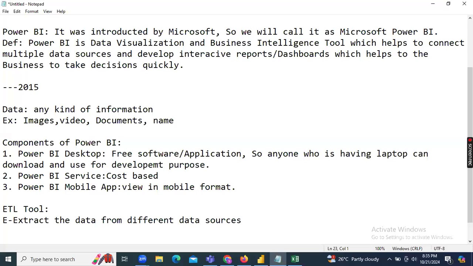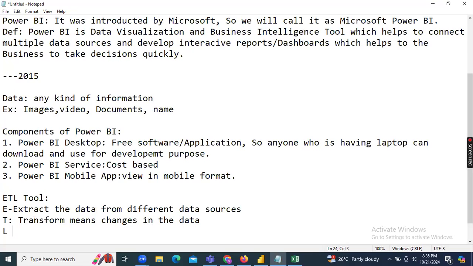T is for transform, guys, which means changes. Transform the data, changes in the data. Next, L means loading. Those data we are loading.